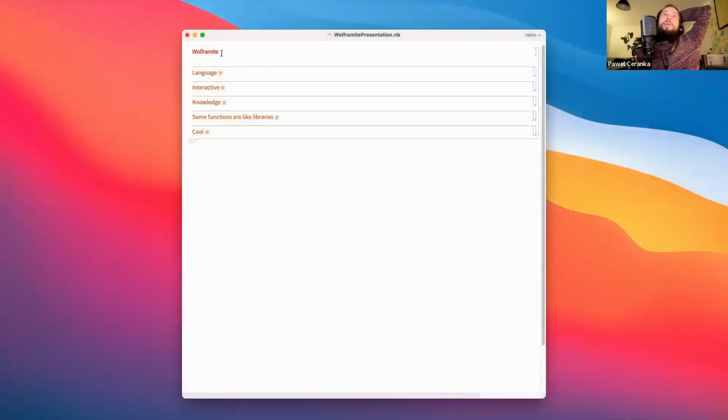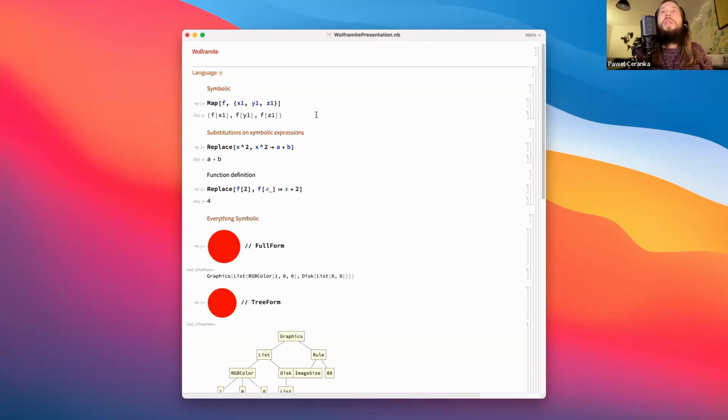Yeah, first, I'm not an expert in any of this stuff, but I'm just kind of curious and interested in this space. But just a quick look at what it looks like. Wolfram Language is not Mathematica. Mathematica is the product, which is the user interface and the way you interact with the language. And Wolfram Language is the language. So this little bit of notation that you can see here is the Wolfram Language, and this whole environment is Mathematica.